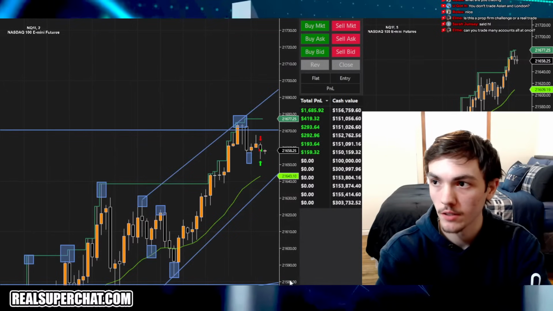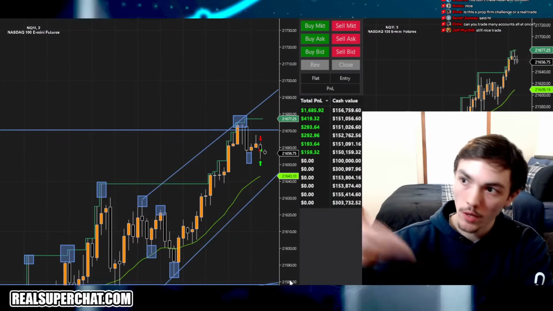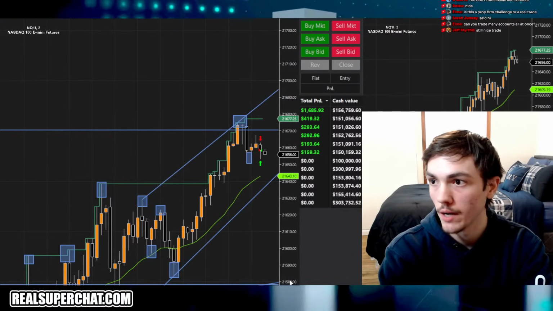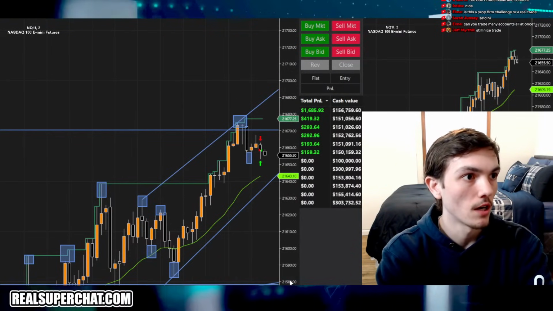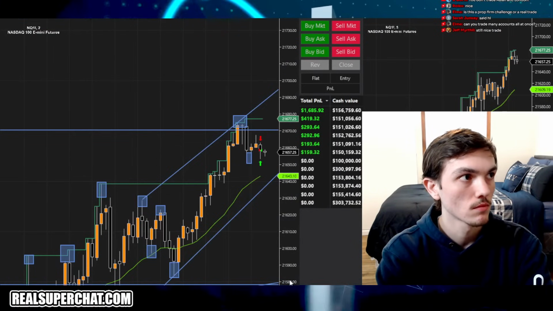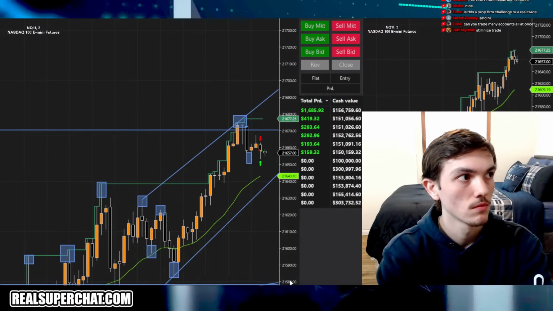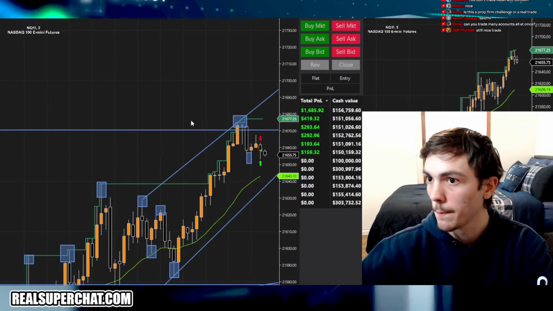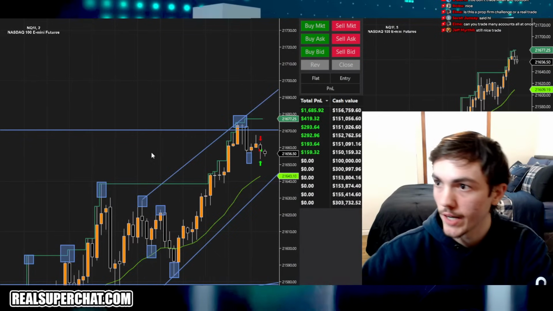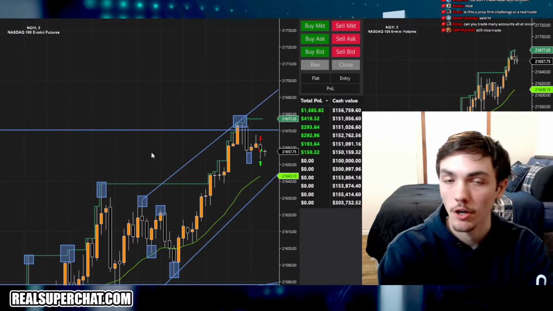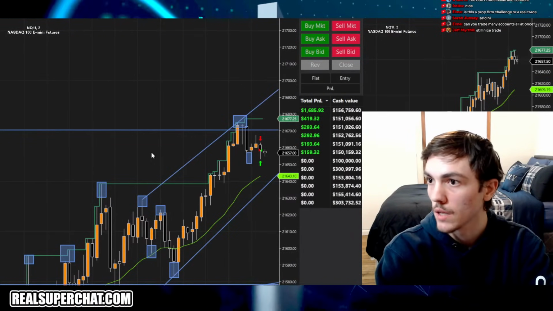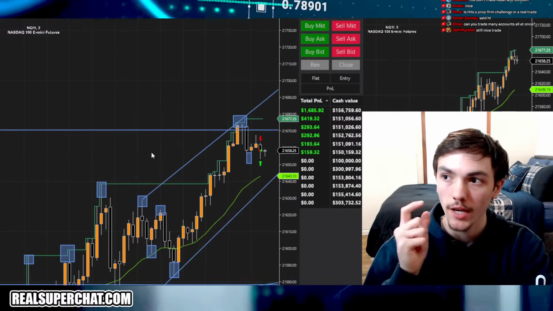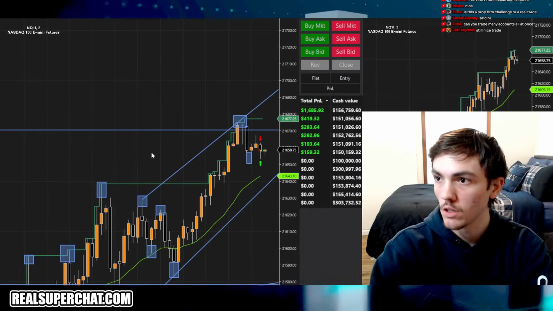I like the setup, guys. So it didn't work out here. It's probably going to wick down on this next candle or two. Could have just held the stop at the high, but it's too strong today for me to do that. Will it work out? Probably. Should I have done it? Probably. Did I do it? No. Why didn't I do it? Because it's super strong today, and going short is against trend. And that was the funded account, so I play funded accounts with a little more carefulness, a little less risk.